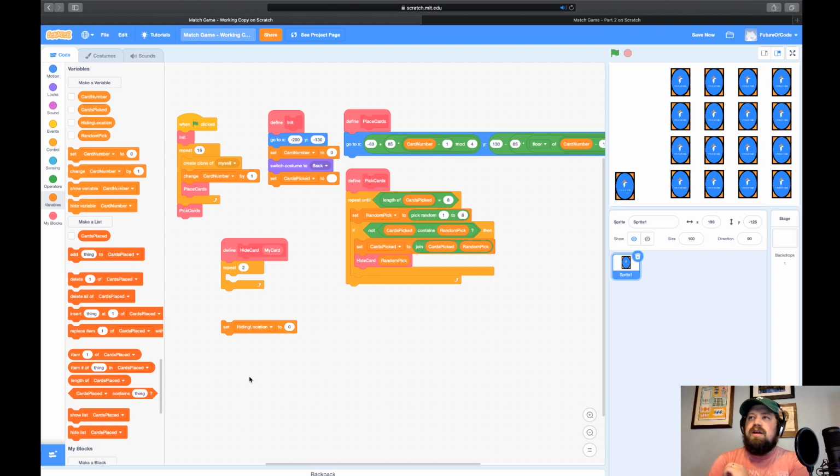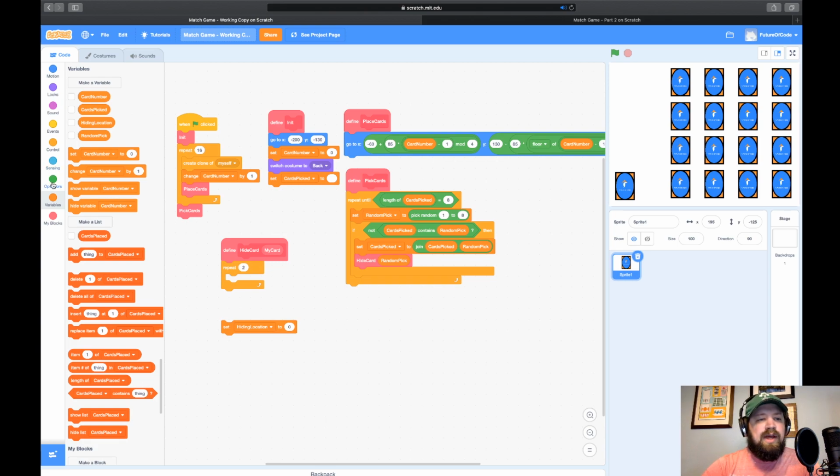Now, we need to pick a random, like I said. But I want to see, and I'm going to give you guys a second here and let the stream catch up. What random do we need to pick? I'm going to go grab the random operator, but when I put the numbers in here, like this one says pick random from 1 to 8, down here for hiding location, what numbers am I going to put in there? 1 to what? Please let me know in the chat. Let me see what you think is going to be the proper numbers to put in there.